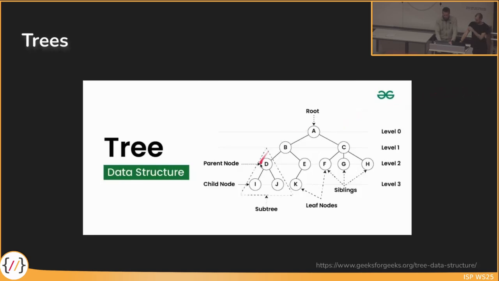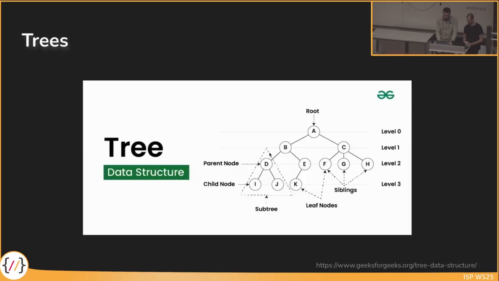So this is basically a tree with a root at the beginning, with child nodes, with a parent node for those two child nodes here, with leaf nodes, which are nodes that have no children, siblings that are nodes that share the same parent,